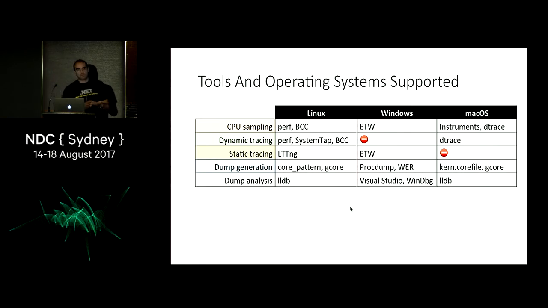So .NET Core obviously runs on Windows. It's a lot easier for it to run on Windows. Windows has, for example, ETW, which is a very, very powerful instrumentation framework built into the operating system, which can be used for CPU profiling. It can be used for tracing interesting static events like garbage collections, JIT compilations, assembly loading, that sort of thing. ETW equivalents on Linux, for example, would be perf and LTTng, and we'll talk about both of these tools